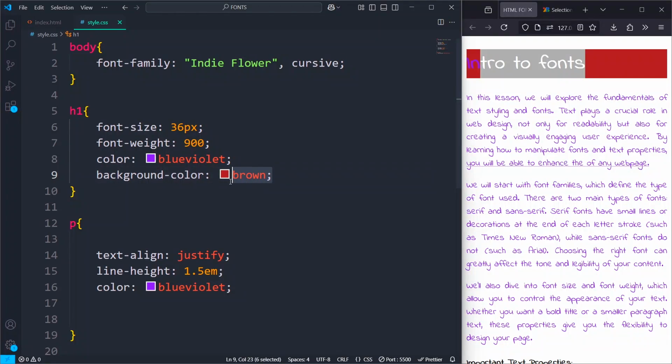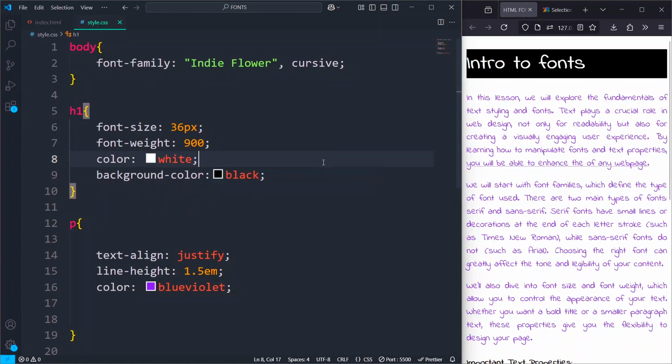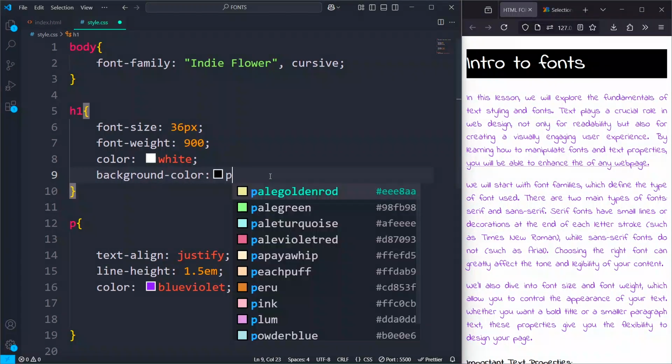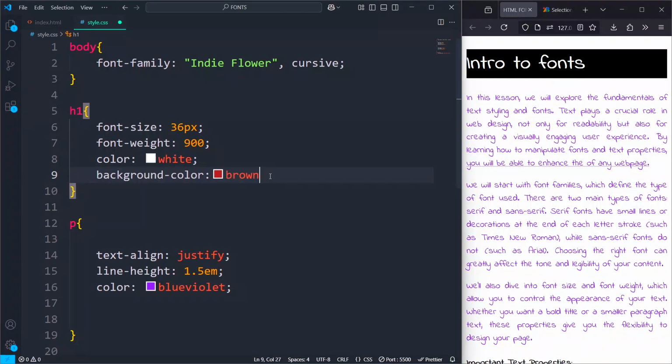So let me see, here's what I'm going to do. I'm going to give it black here, and for our color I'm going to say white and save. Or maybe here I say brown and save. Dreams of brighter days. And basically those are all the things you need to know about text and